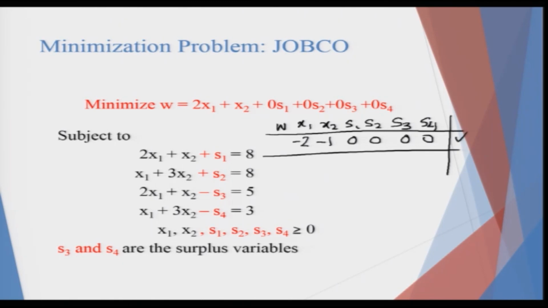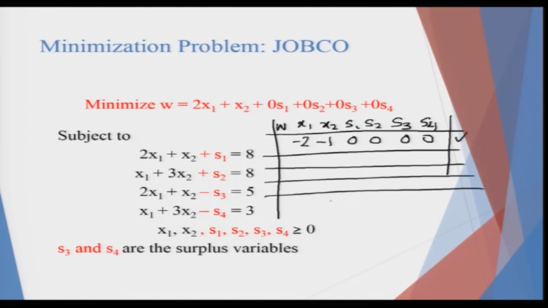In that case, what you can consider is that these points, where you have S1 as positive 8, S2 as positive 8, S3 and S4 as negative 5 and negative 3 respectively, would not be a basic feasible solution. It will be a basic infeasible solution. I am going to come to that later with an example. So, obviously, without going to the general details.